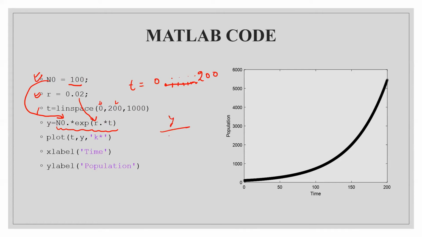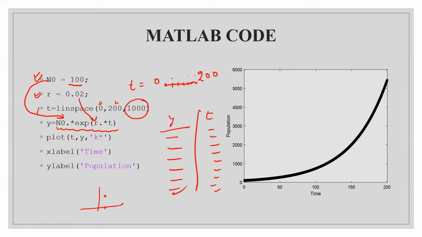So you will get 1000 values of y corresponding to 1000 values of t, because we have put 1000 discretization in between this. So now you can simply plot this. This is nothing but what we do by hand: for this value of x, this value of y; for this value of x, this value of y. So it is doing the same thing. It is plotting t comma y, and this is doing what?